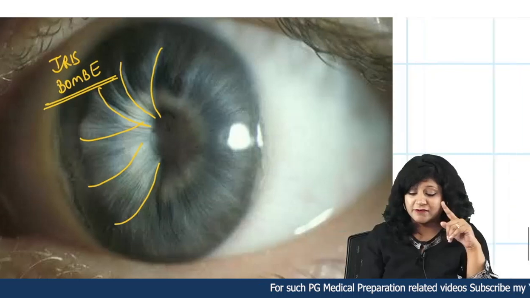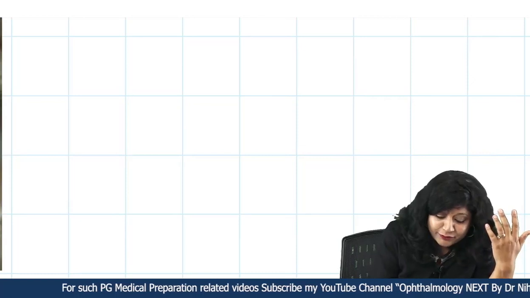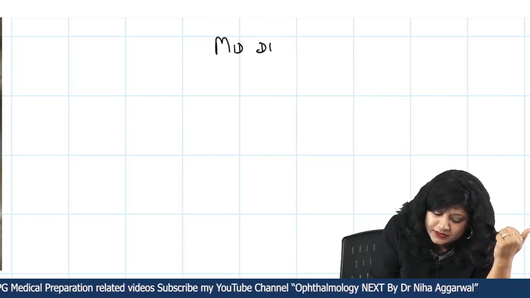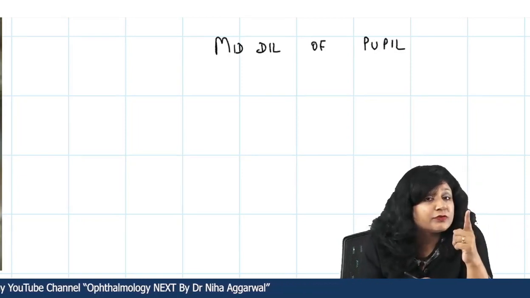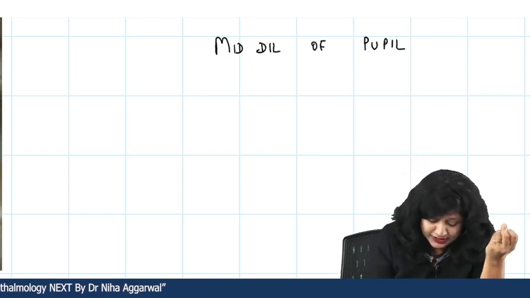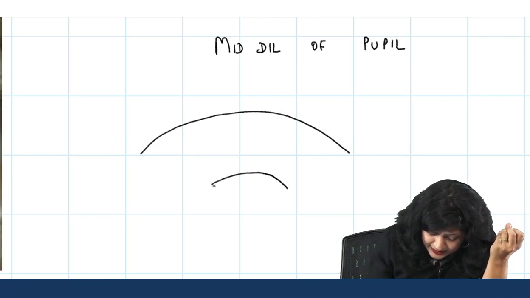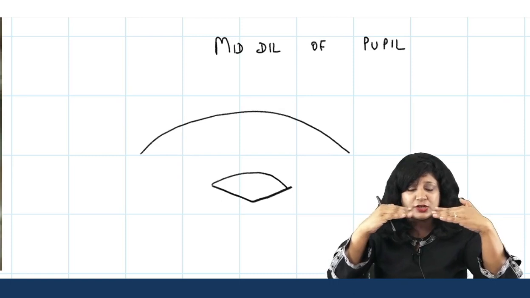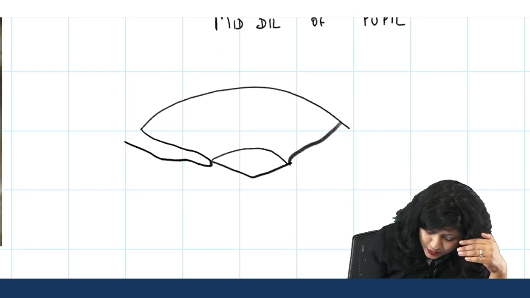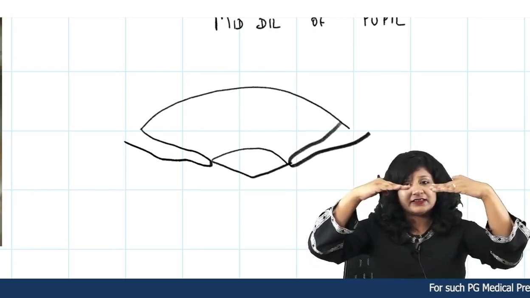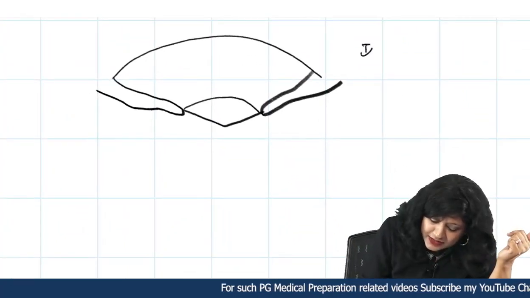Now, if you have forgotten, I will remind you what the iris bombé formation was. If you remember, the precipitating factor was the mid-dilatation of the pupil. The main thing is the mid-dilatation of the pupil. So whenever there was a mid-dilatation of the pupil, what was happening? This is your eye, and this is your lens. Now due to the dilatation of the pupil, not only is it going backwards, it is also coming towards the equator of the lens. So if it was like this, it is coming like this, going towards the lens, and there is actually